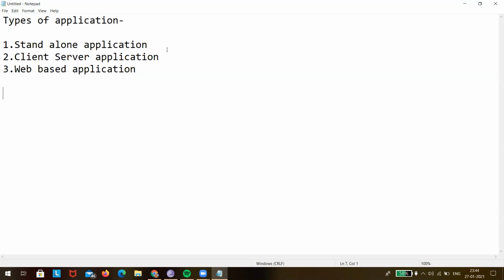An example of a standalone application is, suppose, Notepad, or we take an example of Tally, or MS Excel. So these are standalone applications. Now examples of client server applications are Google Talk and WhatsApp.